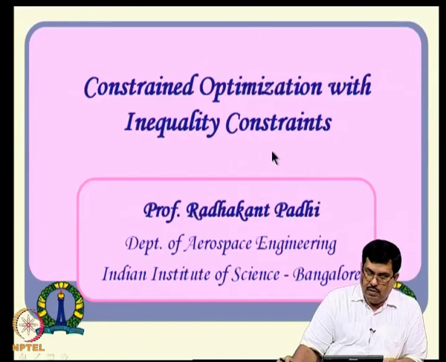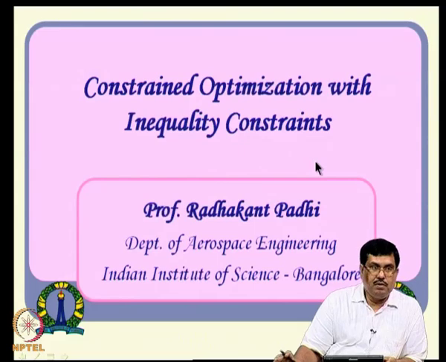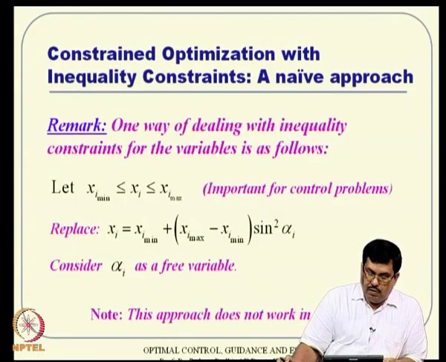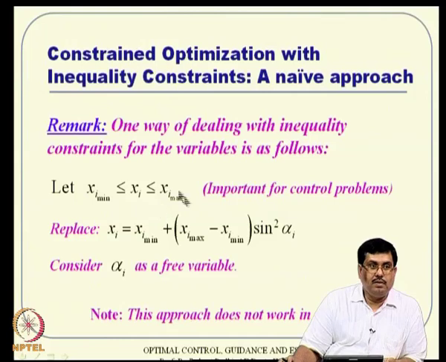All right. So, constraint optimization with inequality constraints, that is what we want to see first analytically, and then we will see some numerical things towards the end of this lecture. So, one very quick way of an inequality constraint approach, or rather I will call that a naive approach, is something like this. We can visualize a problem where the decision variables, all of x i or x 1, x 2, x 3, are constrained between their corresponding minimum and maximum values.